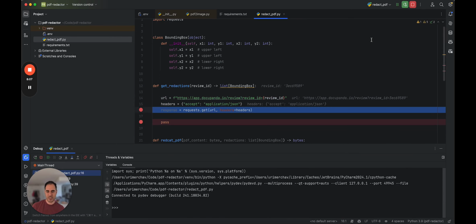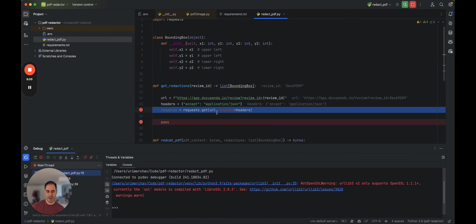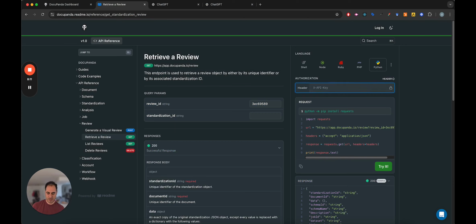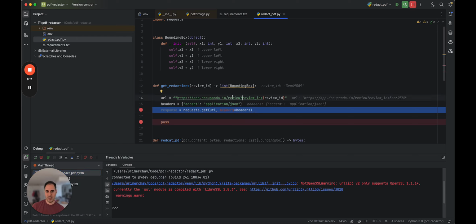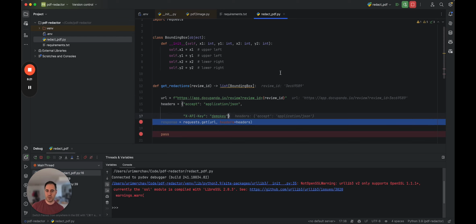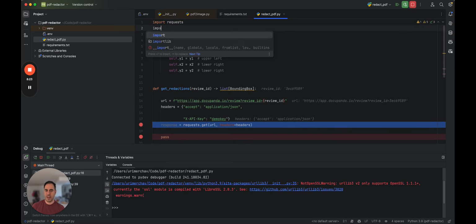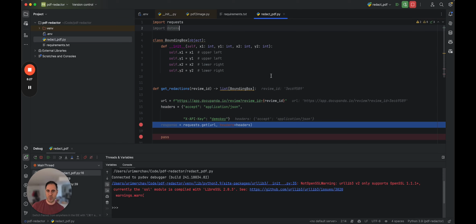And the reason it's going to fail is that I don't have my API key here. So let's write like demo key. See? We need to have an API key. And instead of demo key, of course, we need to actually read the actual API key, DocuPanda API key that we have. So